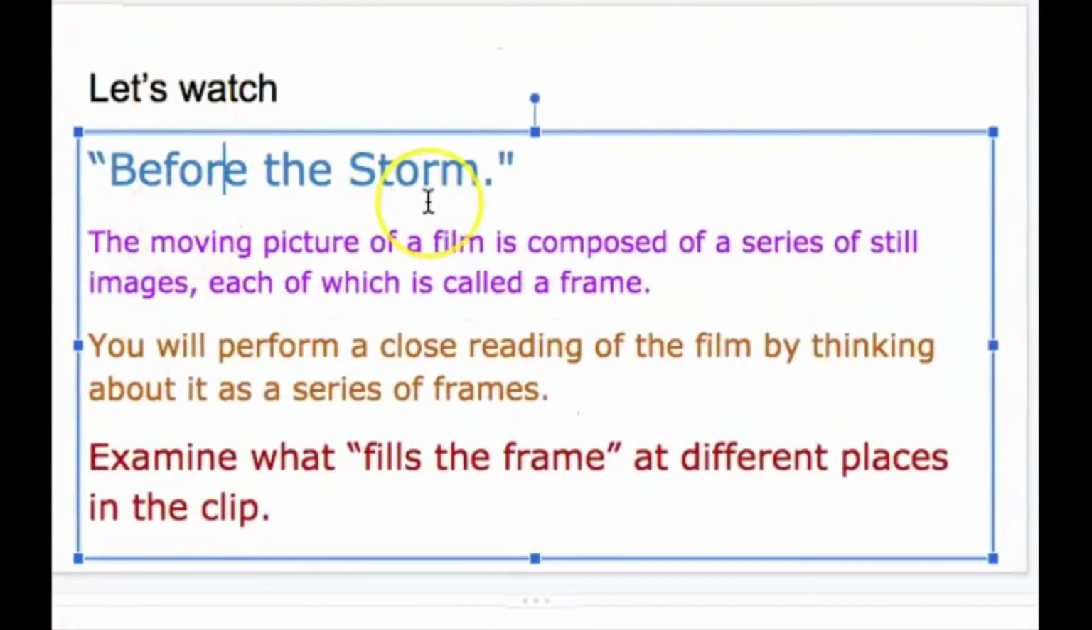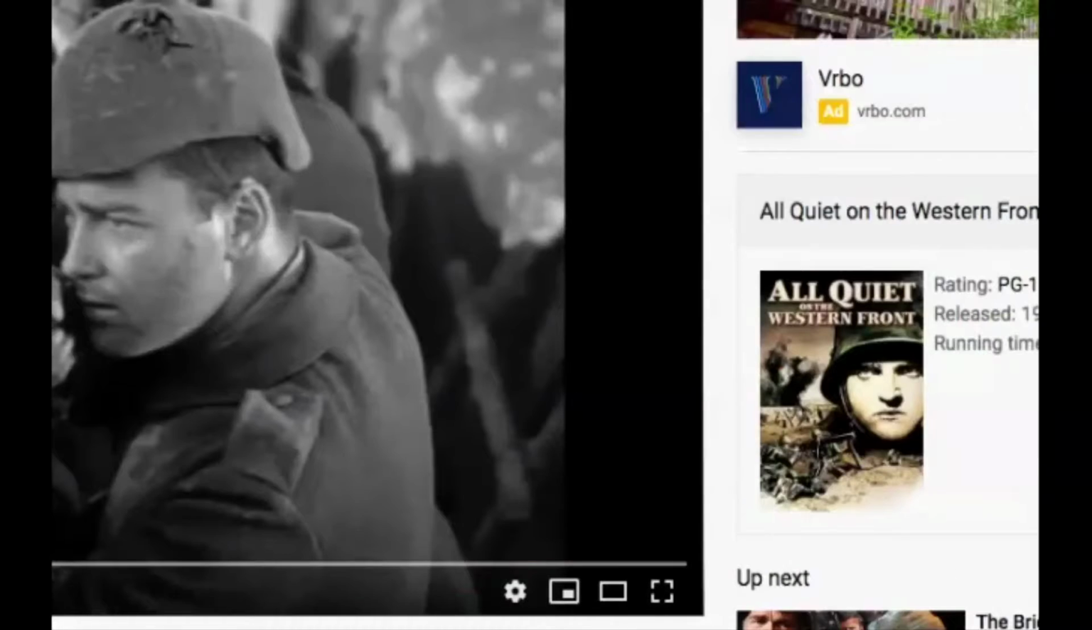This film was called Before the Storm. The moving picture of the film is composed of a series of still images, each one of which is called a frame. You will perform a close reading of the film by thinking about it as a series of frames. Examine what fills the frame at different places in the clip. So, for example,